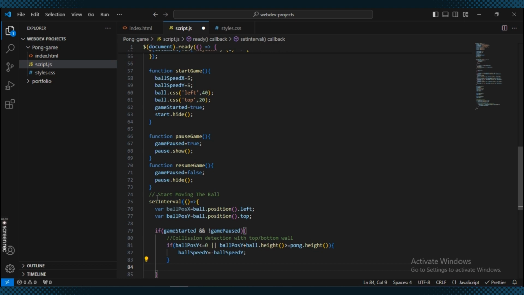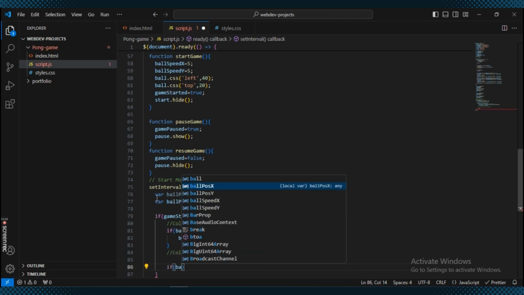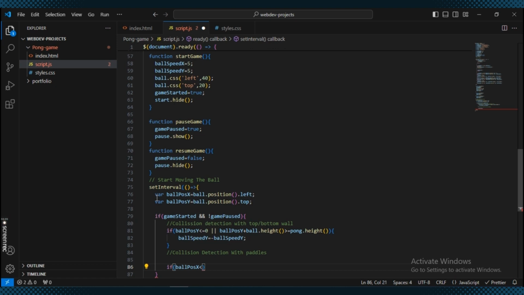Next, put some checks to detect the collision of the ball with either paddle. This one is very important, so pay a little attention. First, check if ballPos X is less than or equal to the combination of the left paddle's left position and its